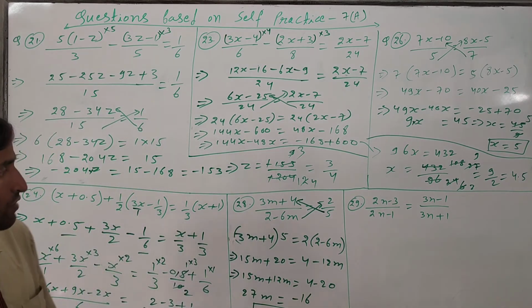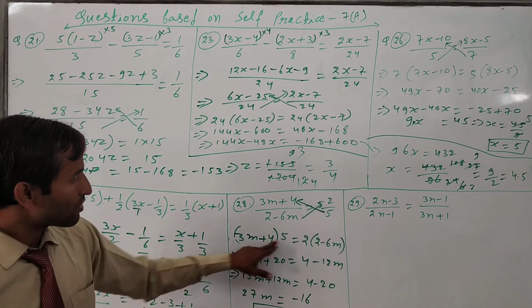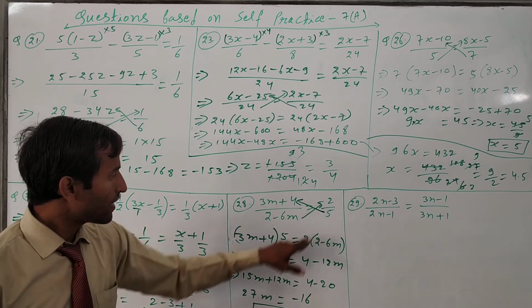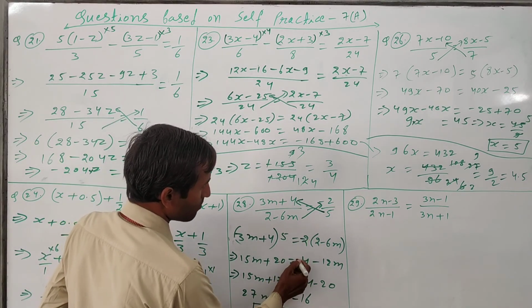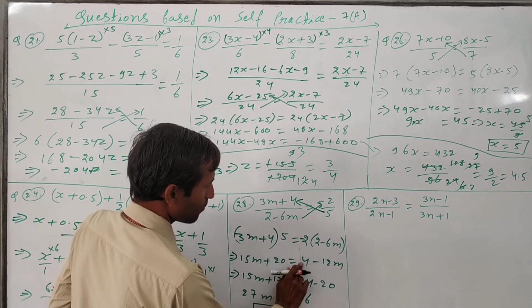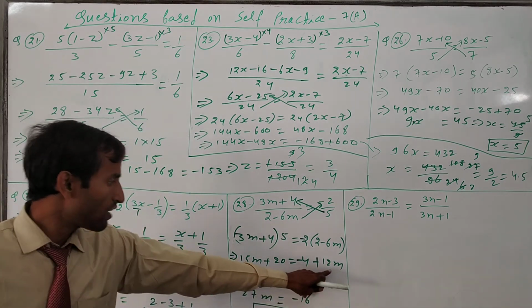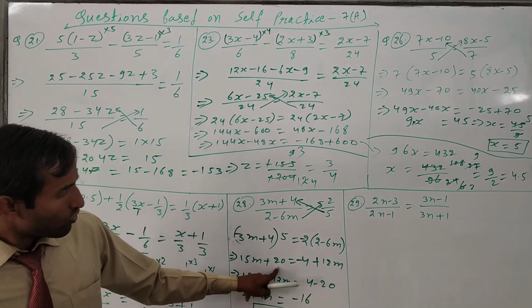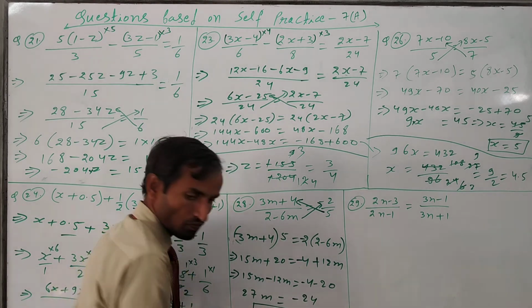So if the question is like this, just you do cross multiplication, means 5 into 5 3 is 15, 5 4 is 20. Okay, after then here this 2, so minus 2 sign is there, so minus minus will get plus here. Okay, here this one is the minus only, and this minus minus will get plus. This 12 will come this side, then it will come minus. Okay, and then 20, here minus 4 and minus 20, so it will come minus 24.